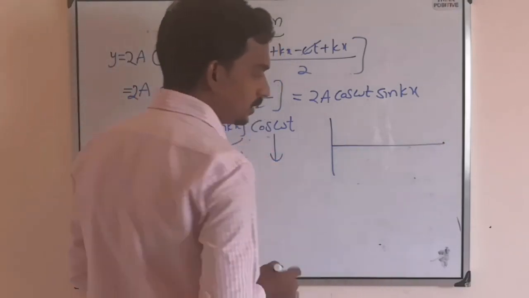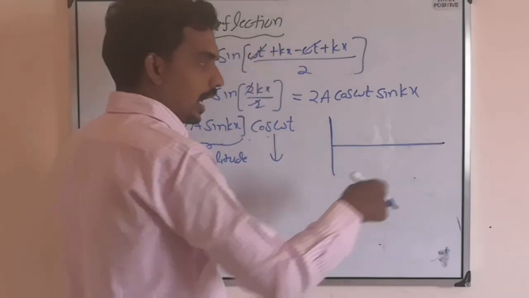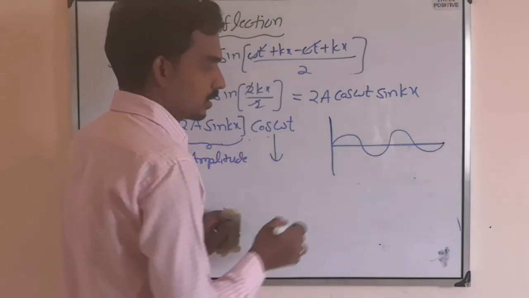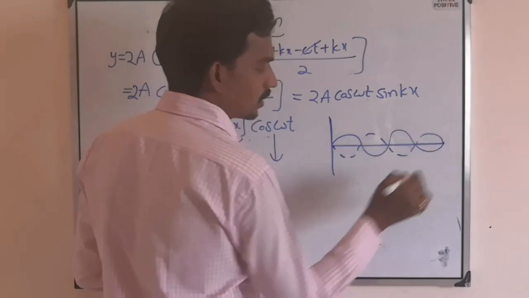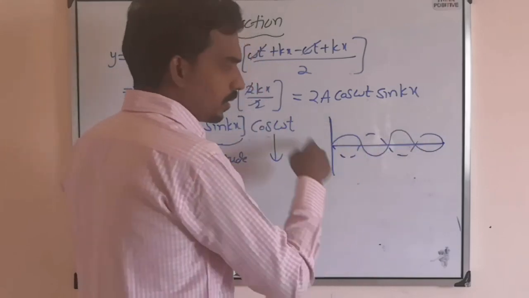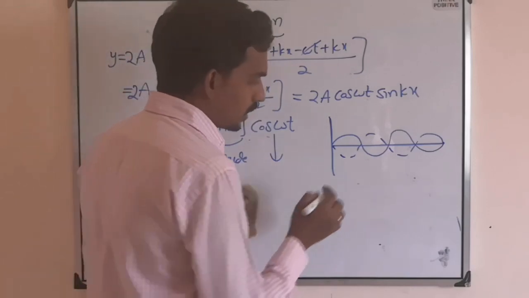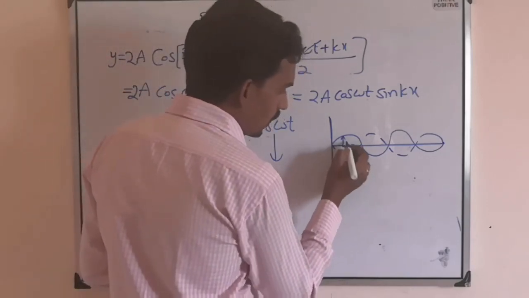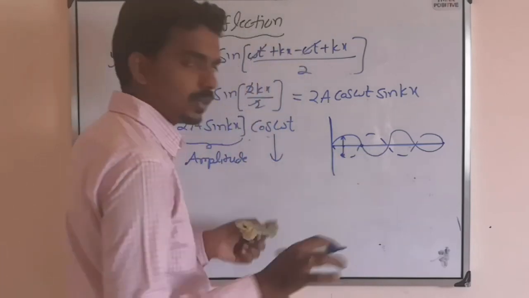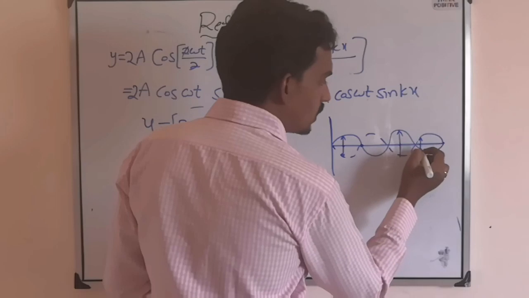Consider like this. This is one fixed support, one string is attached, and you give some jerk. The jerk is generated and went like this, and it reflects back like this, so that continuously it is happening. One incident wave, one reflected wave, one incident wave, one reflected wave. What happens is, one particular point will vibrate with one amplitude. So this point amplitude is 0, and this point amplitude is maximum, and this point amplitude is this much.